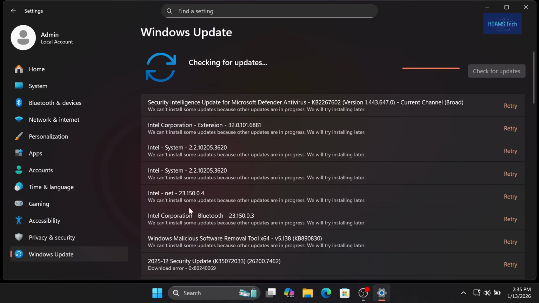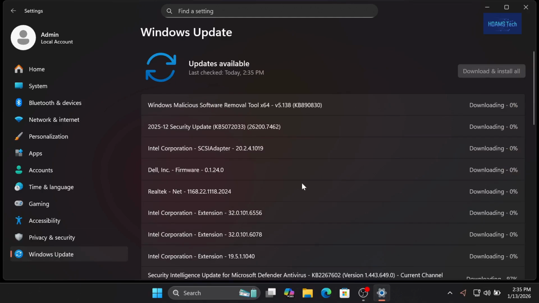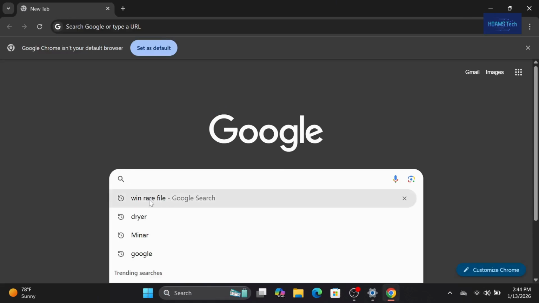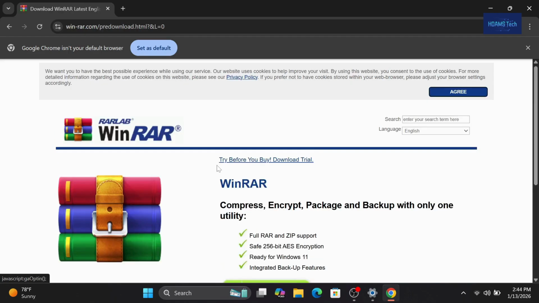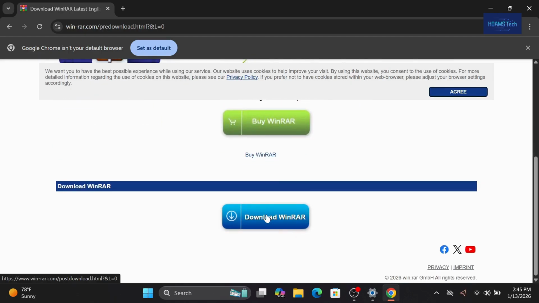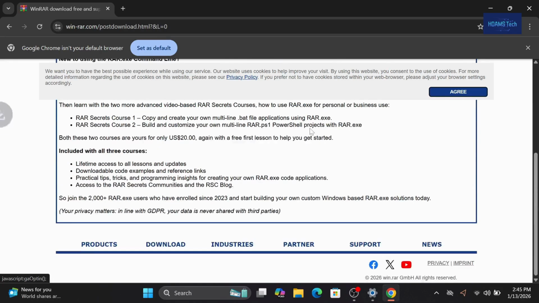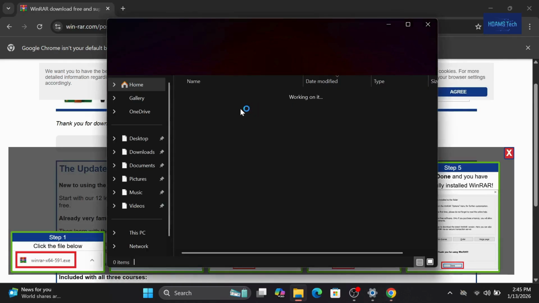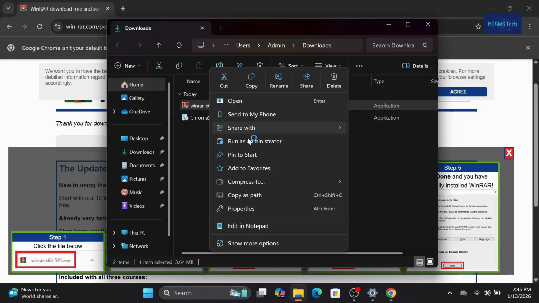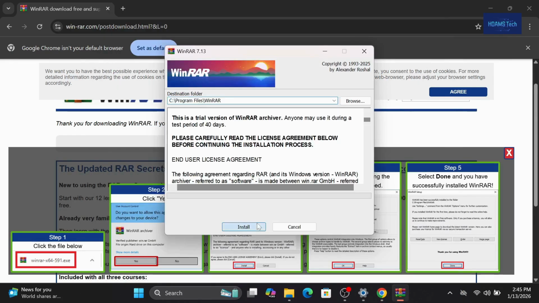Now we will do other things. I already installed Chrome on my laptop. From Microsoft Edge you can download Google Chrome and it will download automatically. Now we will install essential applications like WinRAR. It is necessary for the laptop. We will search for WinRAR and download from the website. You can see here directly how I am downloading, and we have to install, run as administrator and install the